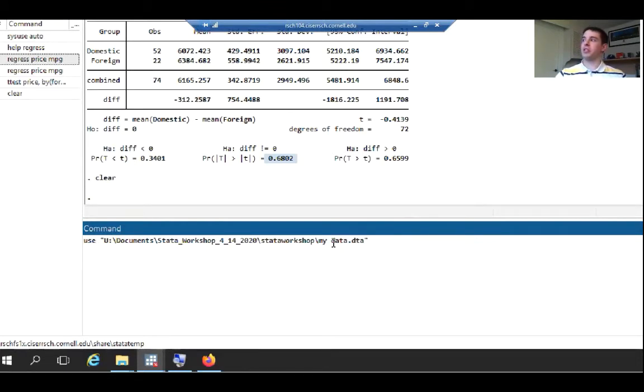What's important about these quotation marks is I don't have to include them all the time, but in this case, I do. If there's ever a space in the path name, in this case, my data is not 1 word, it's 2 words, there's a space in there. Any paths or file names with spaces must be enclosed in quotation marks. I press enter,